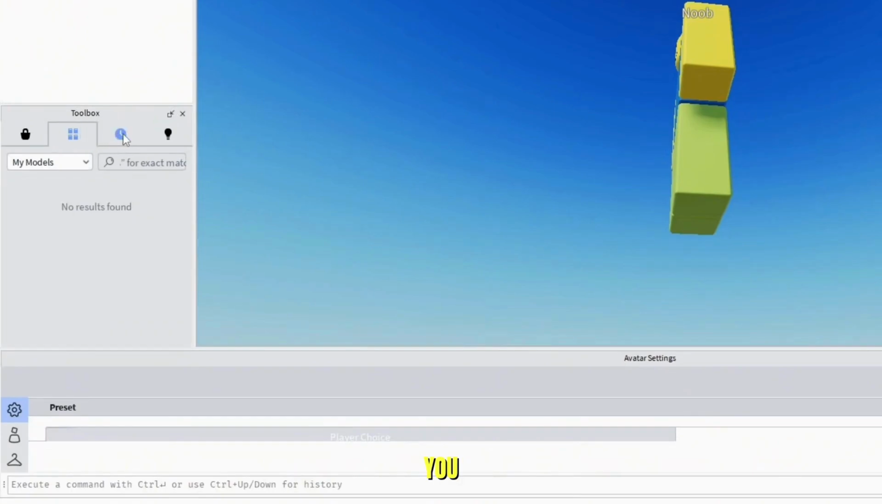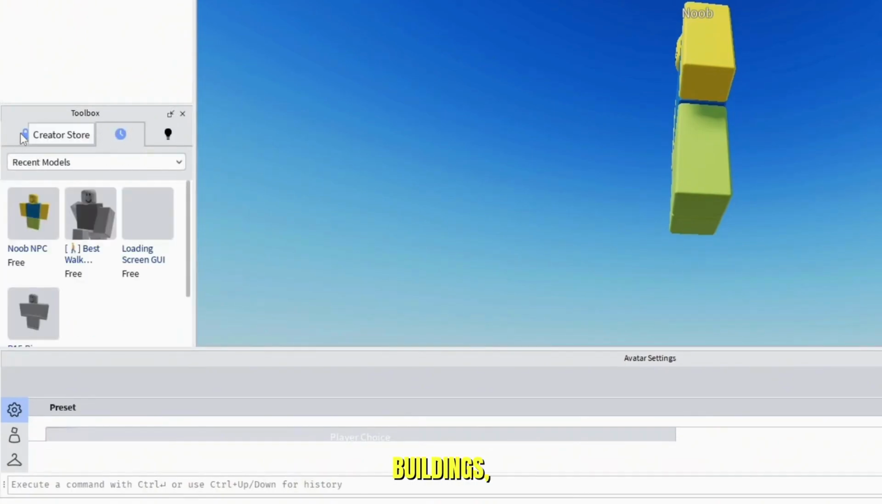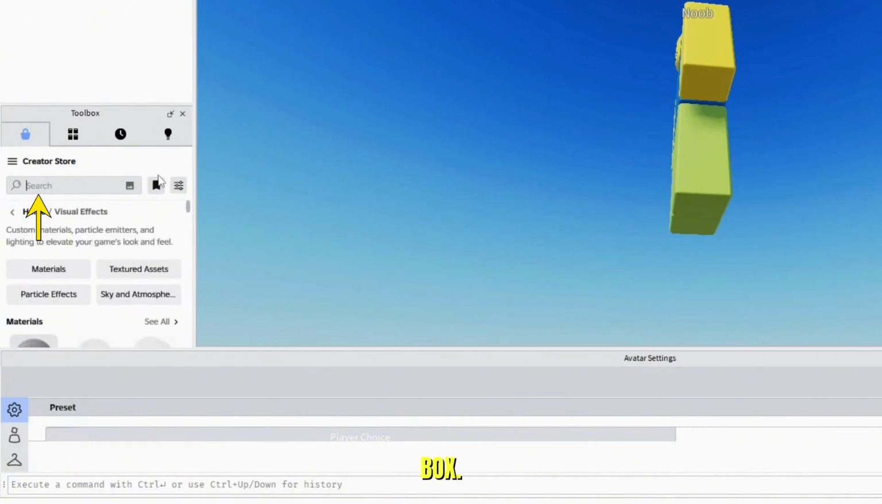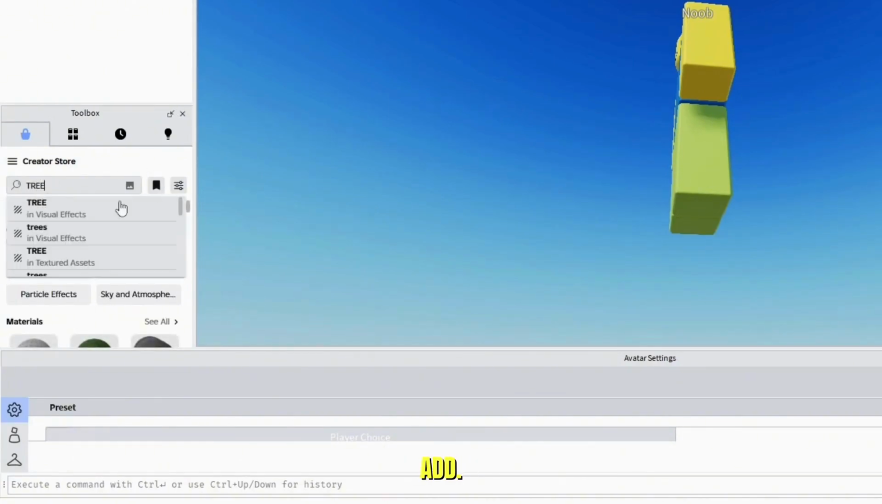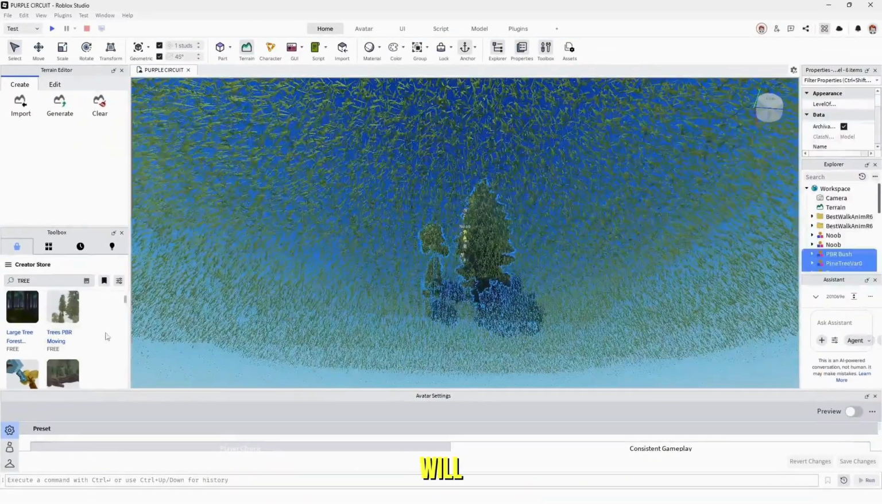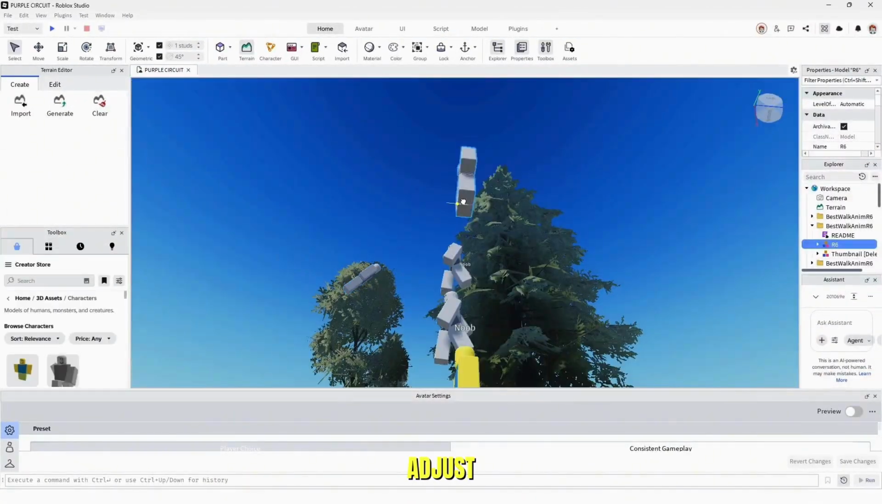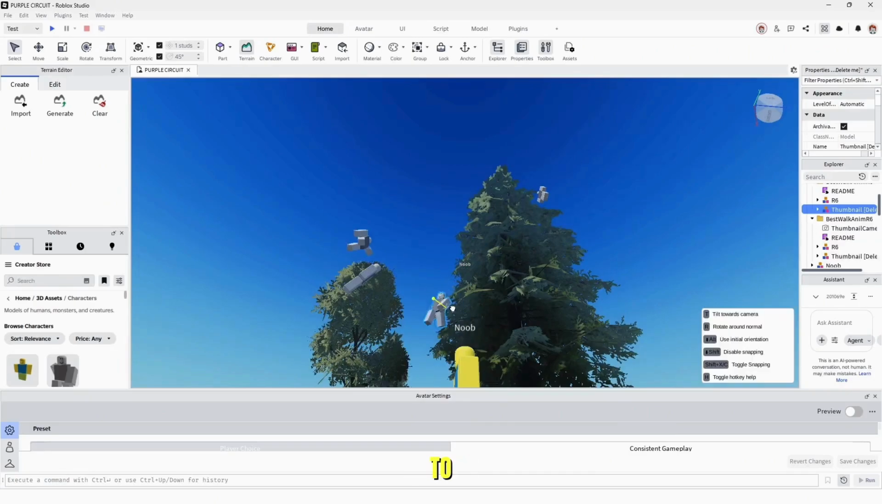For example, you can add new objects like trees, buildings, vehicles, or any other elements you want to improve your gameplay. You can search for it. Here, you're going to see the search box, type in the object that you want to add. After it appears, click on it and it will be added to your game. You can also edit existing parts of your map, adjust scripts, or enhance the overall design to make your experience